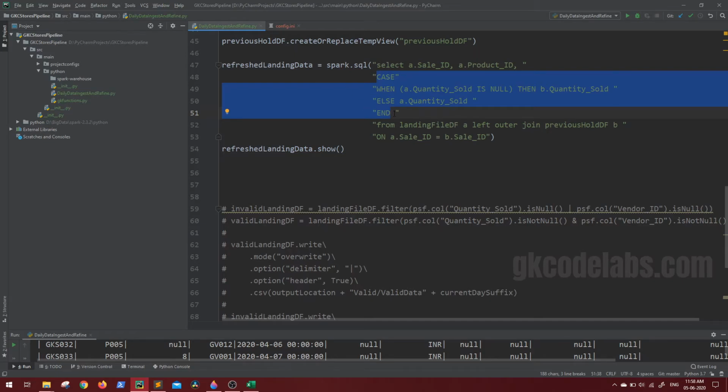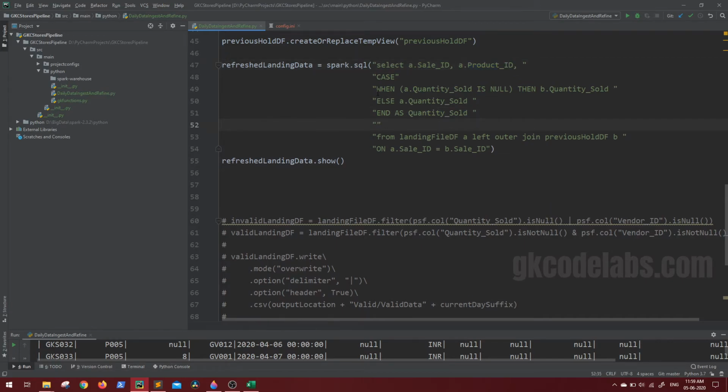Hope that is clear. And you can give the name for this column using the as keyword. So as we will use same quantity sold. So all these computations will be done, and whatever values are coming, we will mention it as quantity sold. So very beautifully we have calculated our required scenario, and we have maintained the same structure: sale ID, product ID, and quantity sold, the next column.